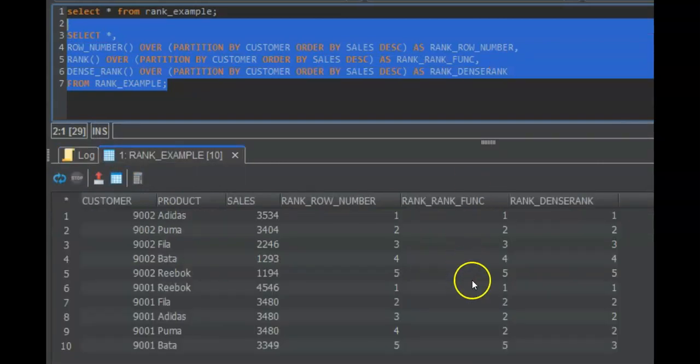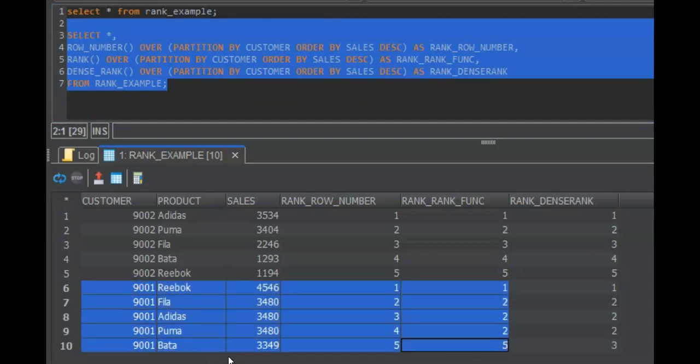And now you would notice that we have 1, 2, 3, 4, 5 against customer 9002, but against 9001 you would notice that we have 1, 2, 2, 2 and 3. Here 1, 2, 2, 2 and 5, and here 1, 2, 3, 4, 5.